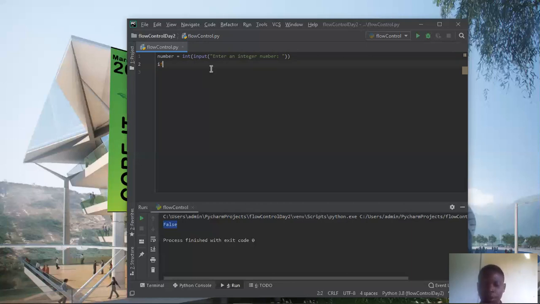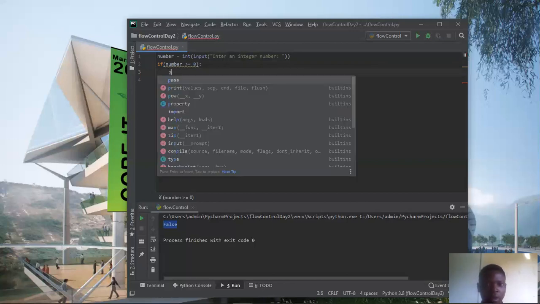So let's say if, then we bring this to parentheses, and then we say if number, which is the variable. So now let's say if number is greater than or equal to, and we learned this one yesterday, greater than or equal to 0, then we want it to say that you have entered a positive number. Because any number that is 0 or more, we say it is a positive number. So let's see, print